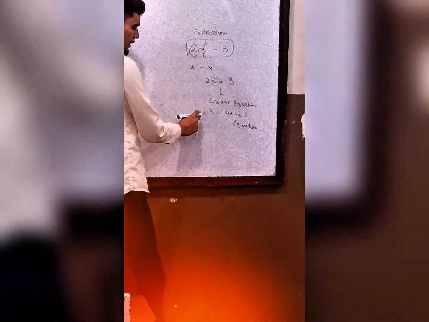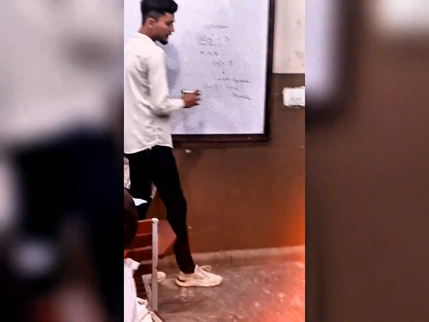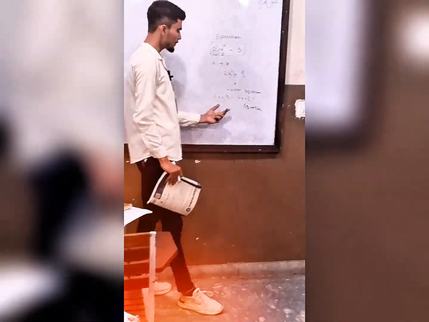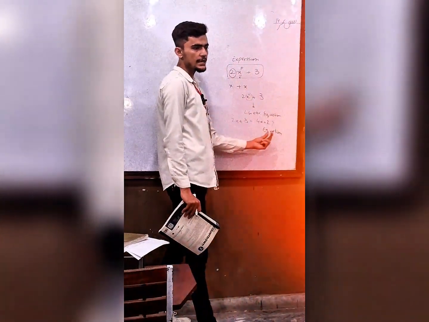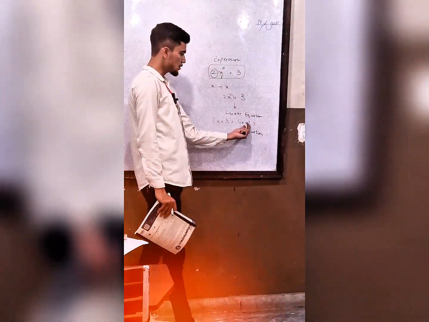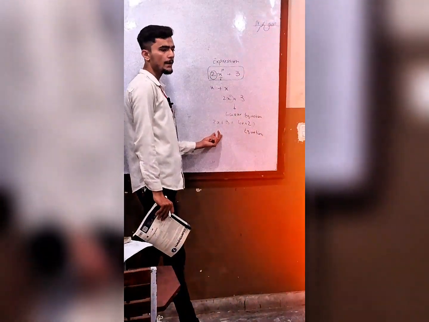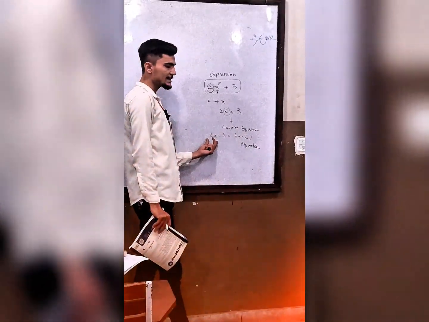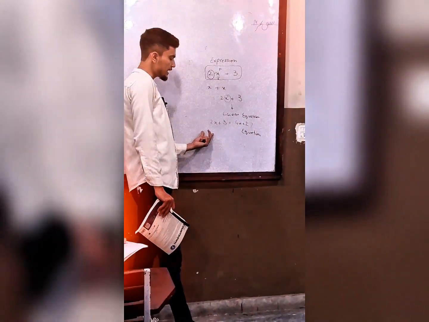For example, in this expression the same variable is on the left side and right side, but with different coefficients. So we can solve this by rearranging the equation, which means we separate the variables and constants. For example, 2 is added with the 4x, so when we take it to the other side, it will be minus from 3. And 2x is added with 3. When we take this 2x to the 4x side, it will be minus from 4x.